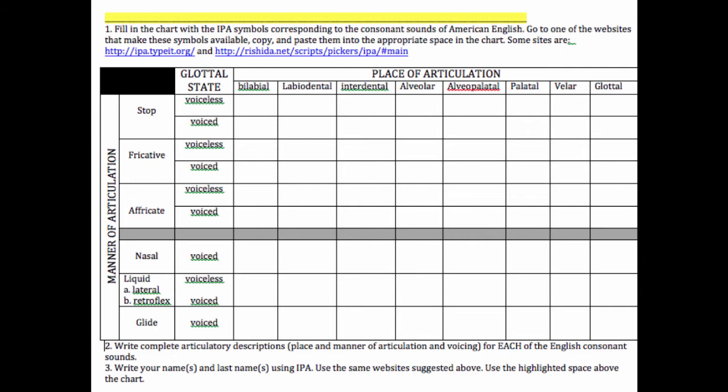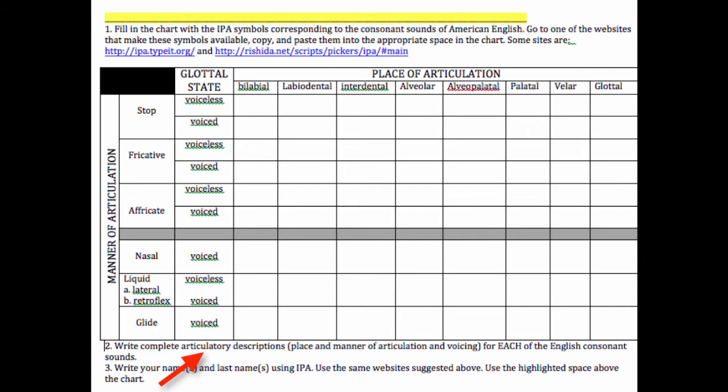Now, how are you going to make some of the symbols with your keyboard? What you need to do is to go to those sites that are listed there and just copy and paste the symbols into the Word document that has this same chart. After you have completed the 26 English consonant sounds,